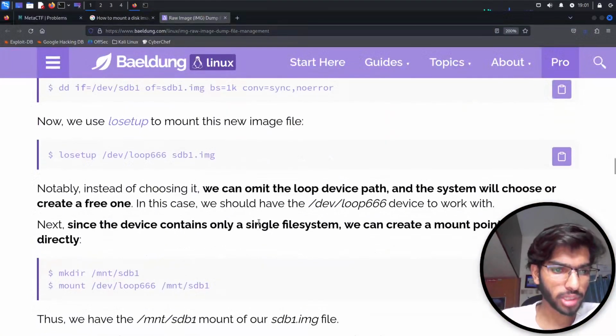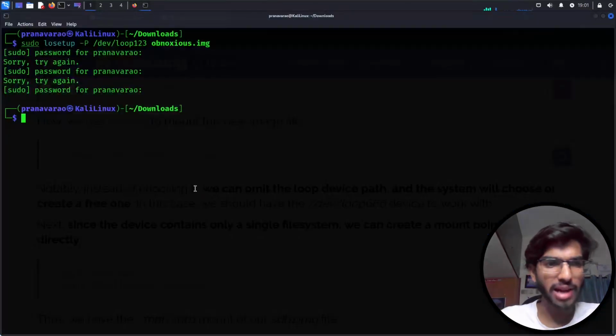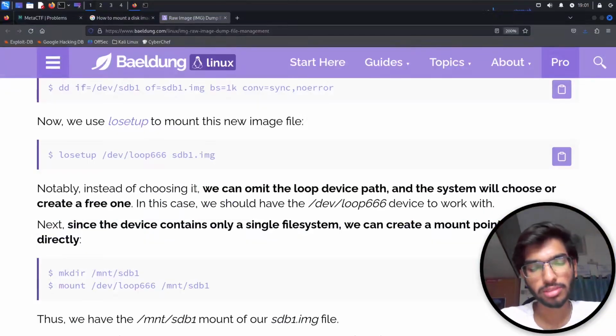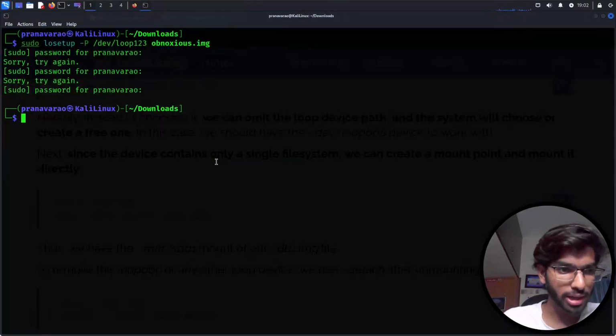Okay, now notably, instead of choosing it, we can omit the loop device path and the system will choose or create a free one in this case. Basically, for the loop device, I just specified the address to be 123, or you can just omit that address, and it's going to take whatever is free. That's what they're describing. Next, since the device contains only a single file system, we can create a mount point